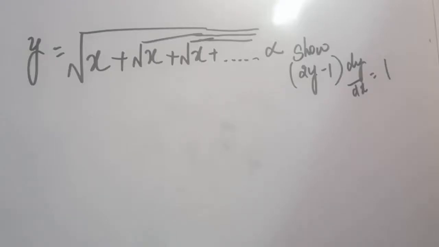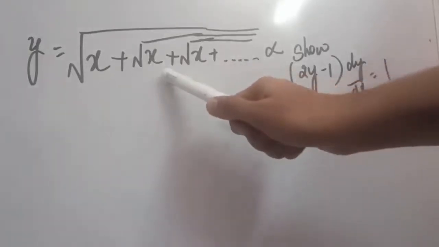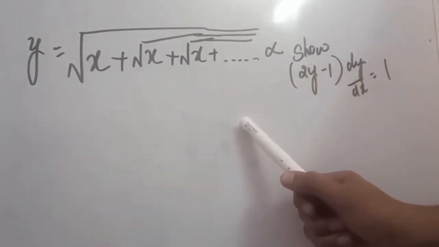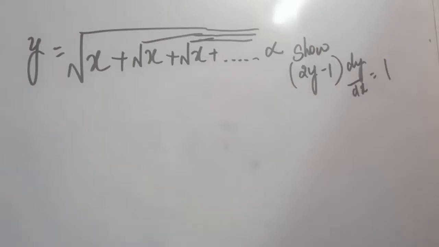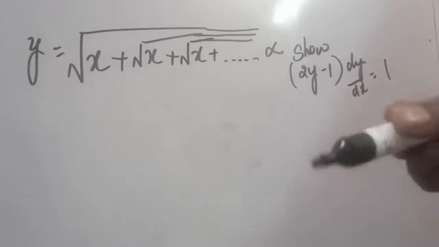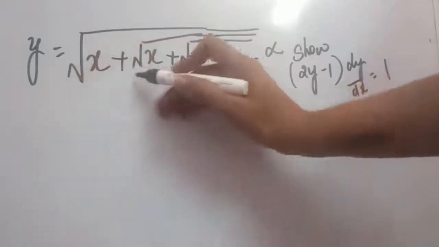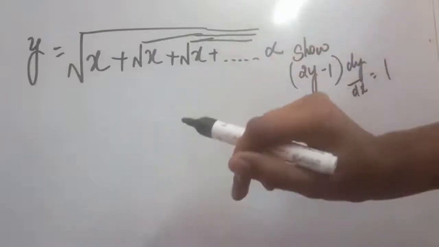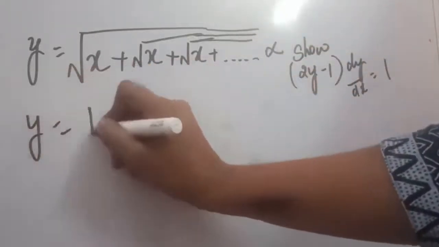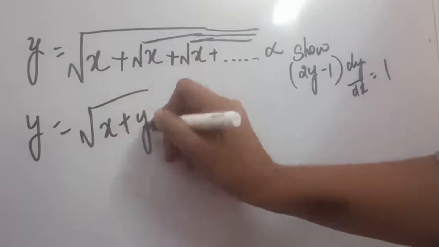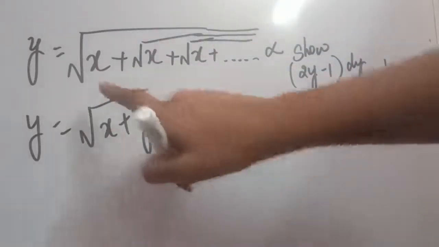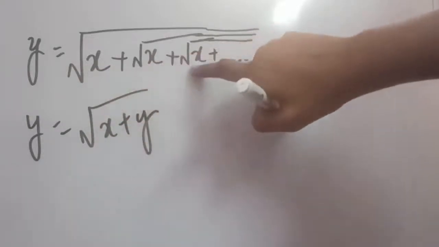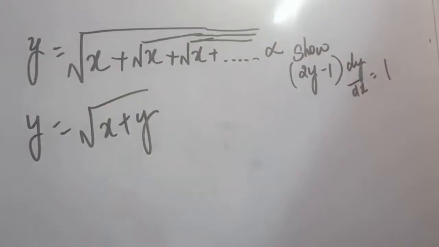This is another important question where you will see that the same thing has been given again and again, infinite times. Such a question seems to be quite difficult, but it is very easy to solve under differentiation. What you will have to do is, you know this entire expression is equal to y. This has been given to you. So I hope you can understand that we can write x plus y over there. I have written y because this y is the same thing inside this, and after this the same thing can be written infinite times. So we write it in this format.